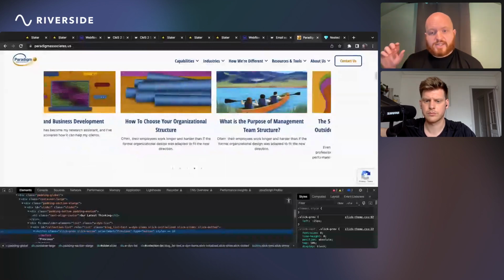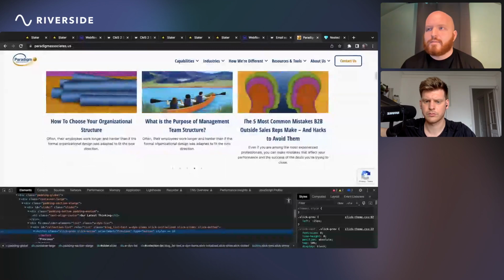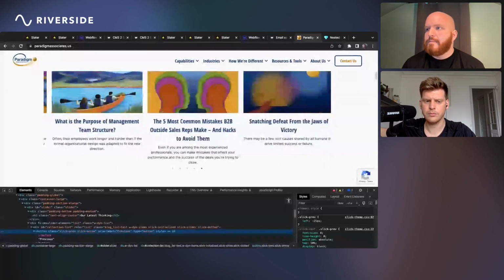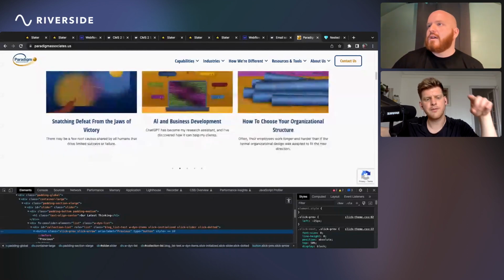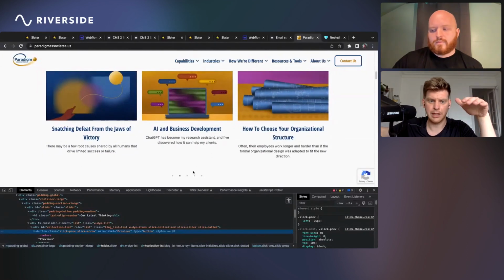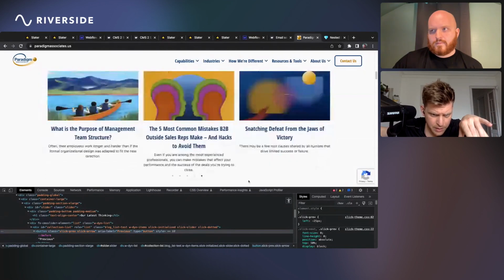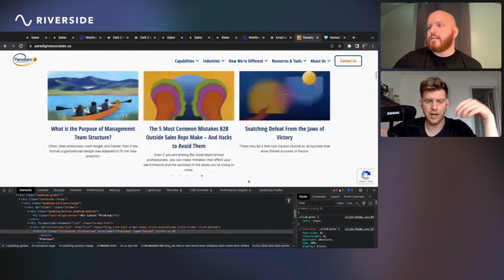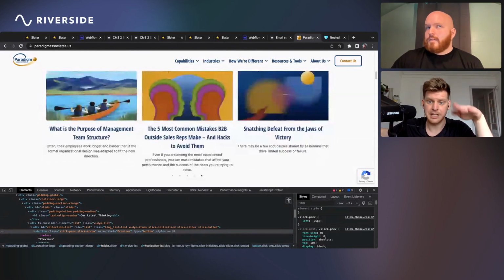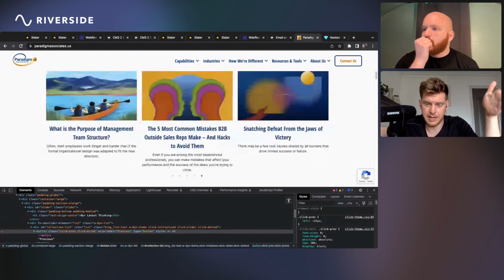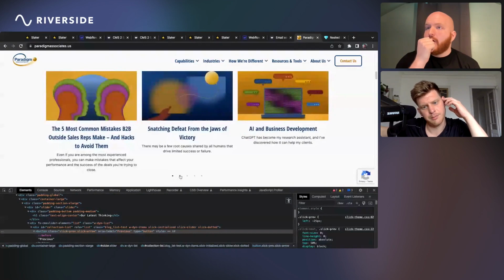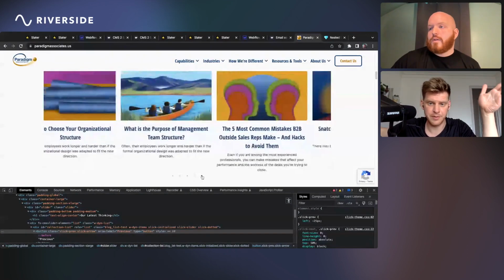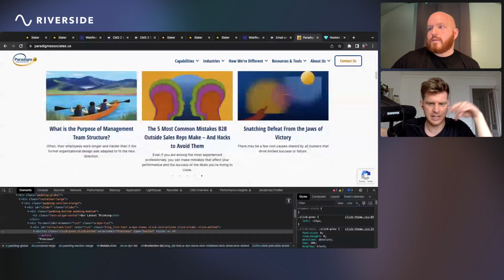This list on the front page is a featured switch, so this will manage itself. But there definitely are use cases where you may have to change things after the fact. Well, I guess if they added a new slide, say it looks like you've got five there right now, so if you were to add another one, then you'd have to go back into Slater and type six for that to work. But if they were to just swap out a featured slide for a different featured slide, obviously that wouldn't affect the code in Slater.